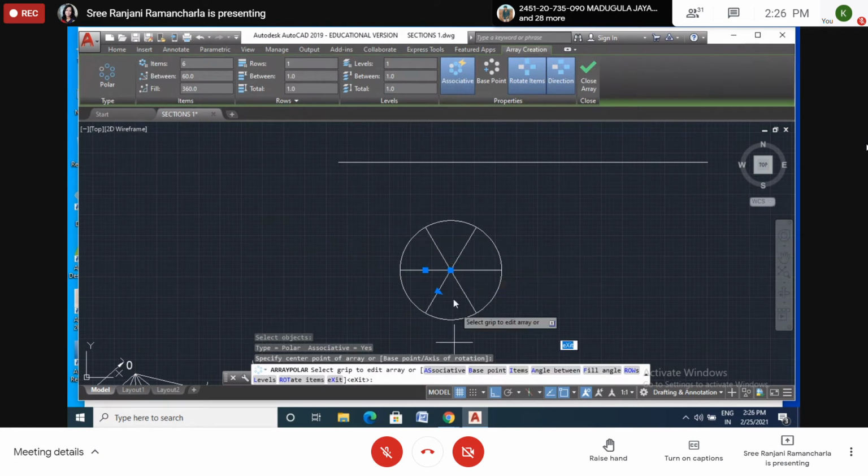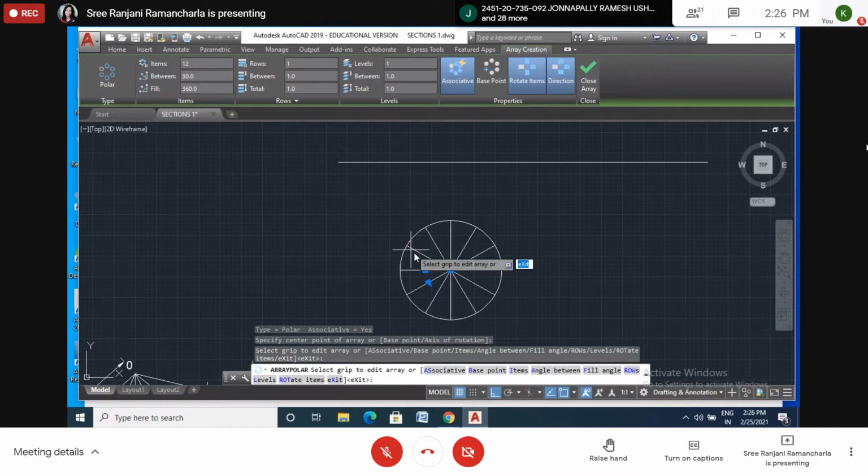Here, again, see here, 6 are there. I gave only the radius. So how many are there? Default is always 6. So here I want to change to 12. 12. Enter. See, we got the 12. We got 12. Like this also we can do. And